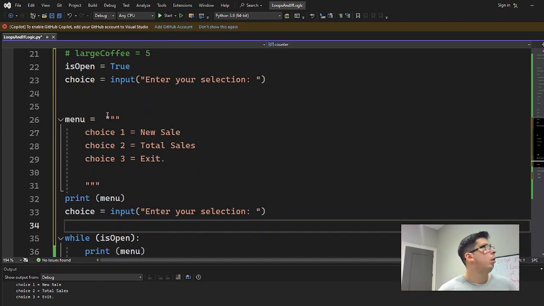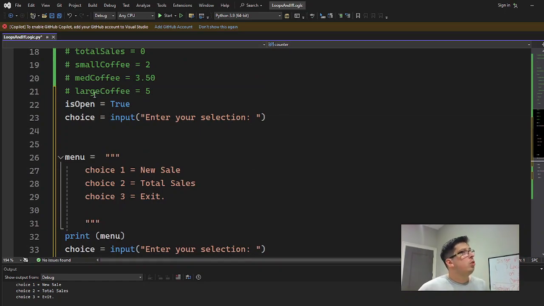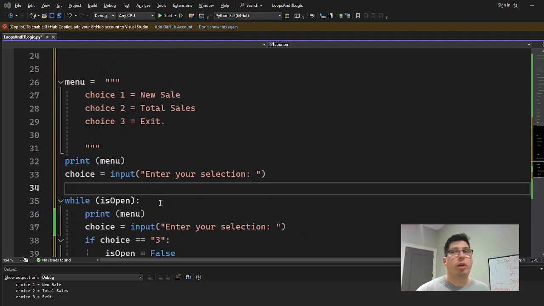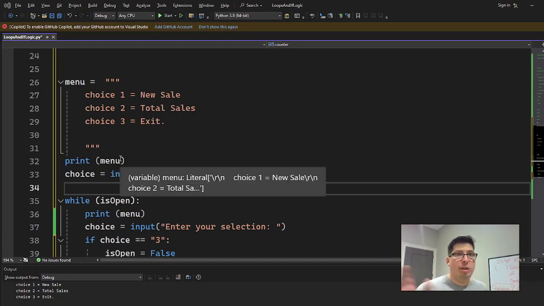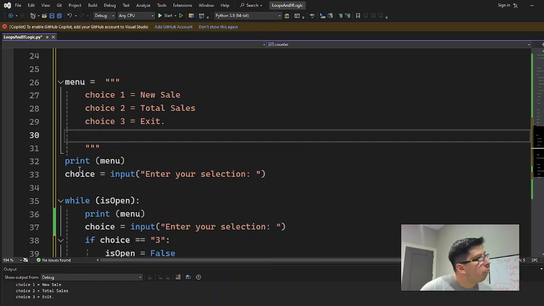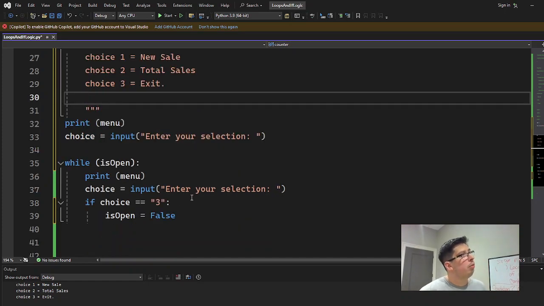To review, we have our variables. We have an is open, then we have a choice. You have a choice. What coffee do you want? We have a menu. It's very basic. I'll show you how to make it pretty later. But for now, we have our menu. It's just a print statement, a string. This string happens to have extra spaces in it. We get a choice from the user, and while is open,